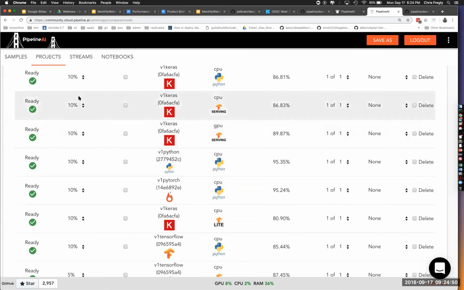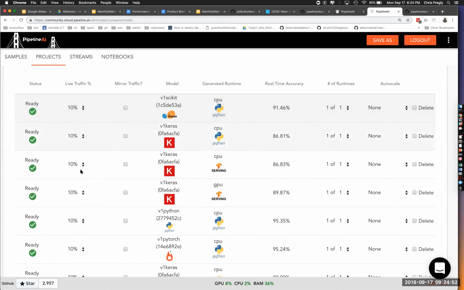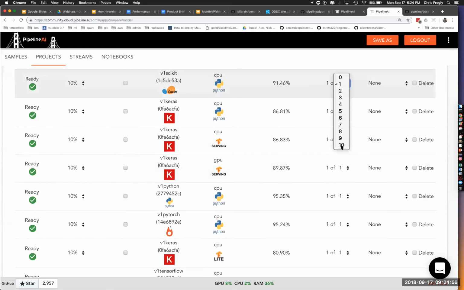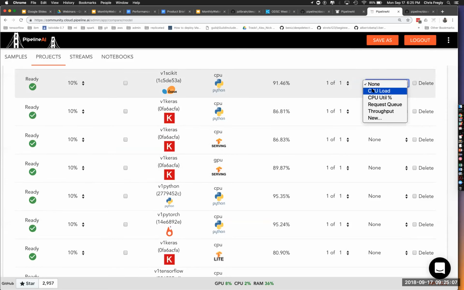We've manually right now seeded with 10% traffic each. And then we could also scale these out. This is hard coded to 10 here for community, just to keep people from getting too crazy. You can also set up auto scaling here, which is nice too. So anytime you hit a particular request queue size, this will automatically scale out.